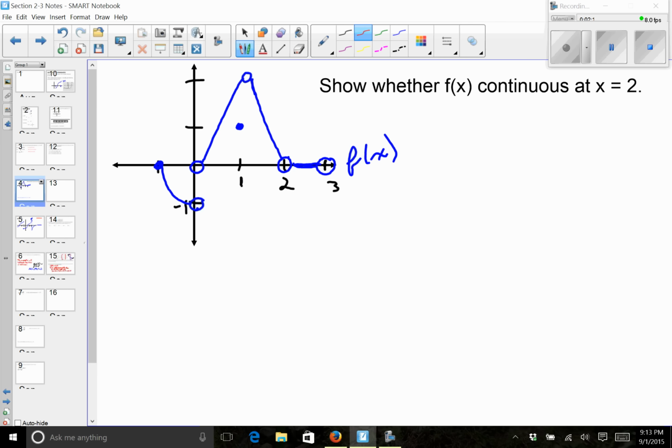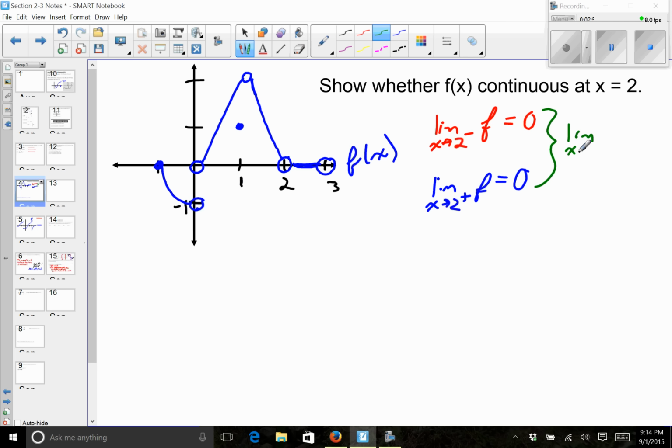So the first thing is finding the two-sided limit. That means I need to know what's the limit as x approaches 2 from the left of f, and what's the limit as x approaches 2 from the right of f. As I'm approaching 2 from the left, my f values are going down, down, down, and approaching 0. As I'm approaching x equals 2 from the right, it's just horizontal here, and my y values are all 0. So from this, I can say that the limit as x approaches 2 from both sides of f is 0,